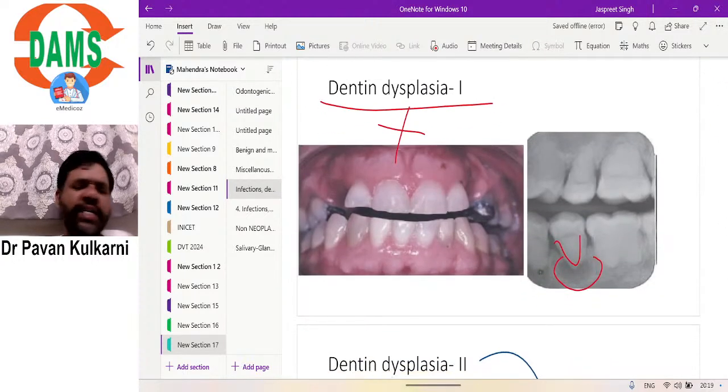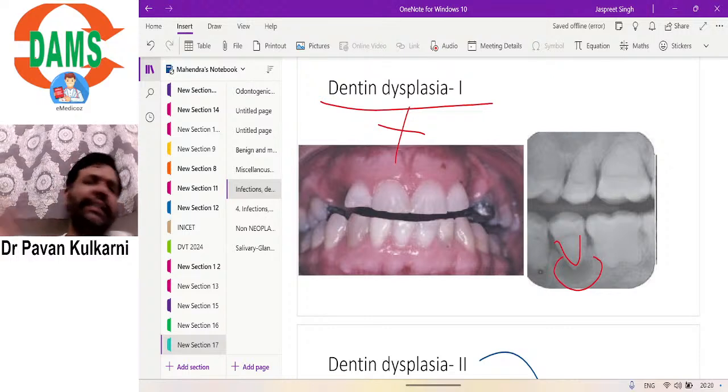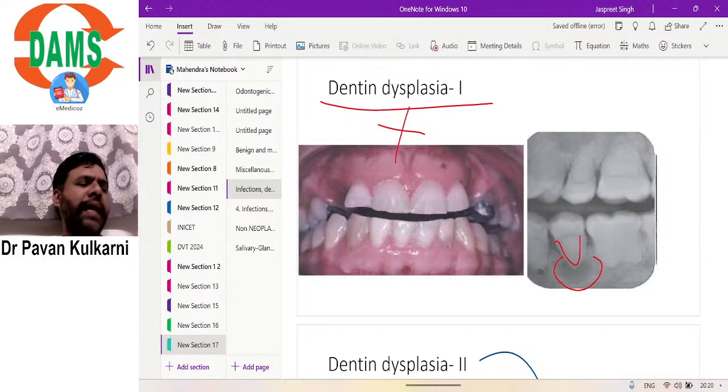Now this is an image of dentin dysplasia type 1. What is type 1? It is rootless teeth, which affects only the roots. In the clinical image there is no discoloration of the tooth. Looking at the clinical image, we can't say that this is dentin dysplasia. It's totally normal. However, when you take a radiograph, you will see that the roots are very small, and we can appreciate even periapical radiolucency there. That is all that you see in dentin dysplasia type 1, that is rootless teeth,